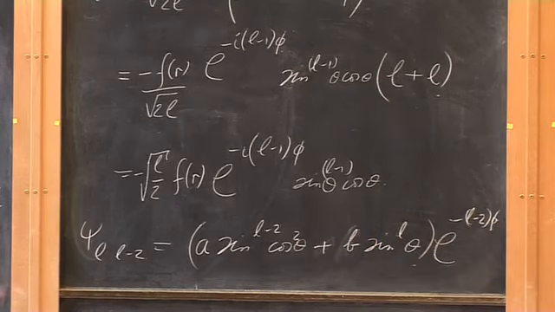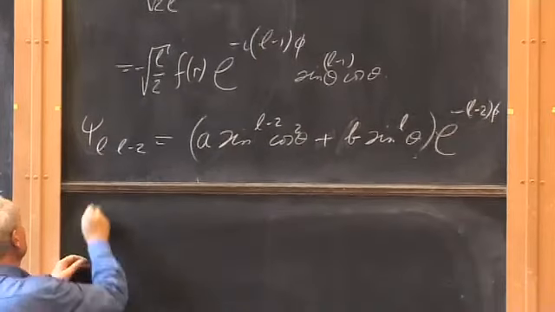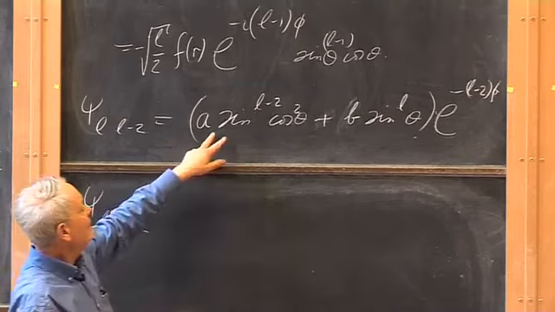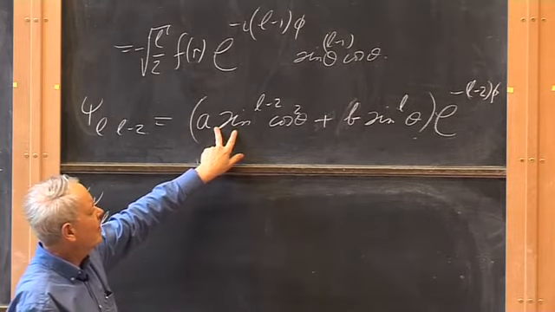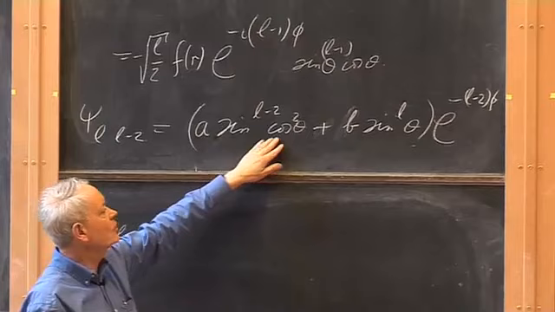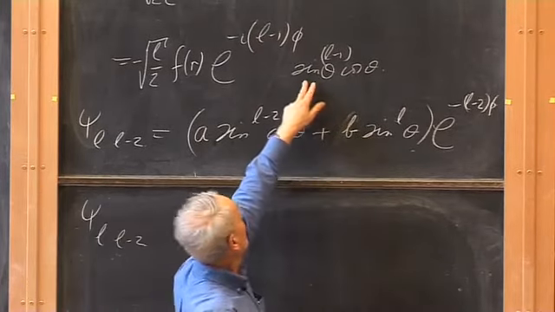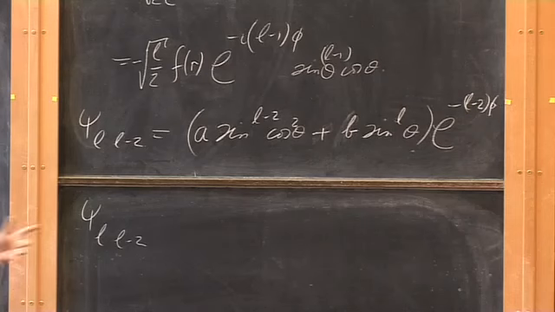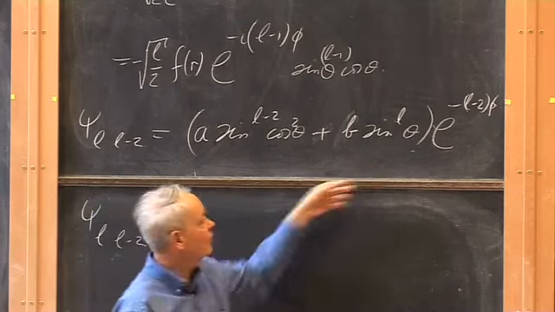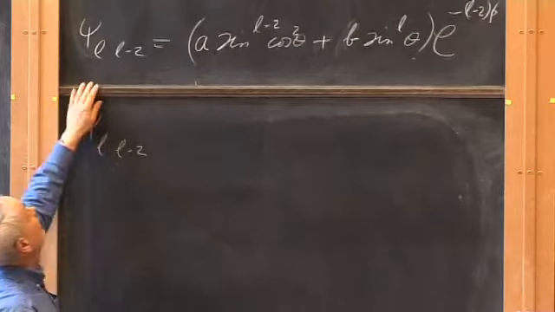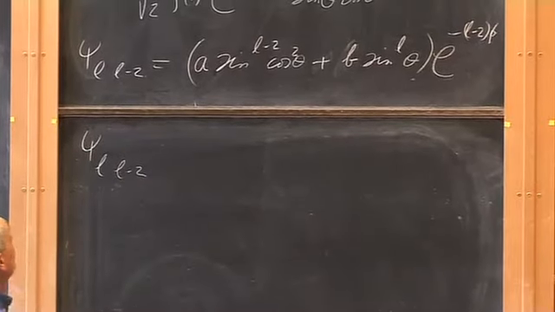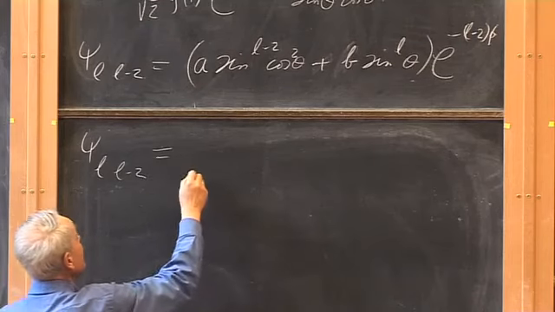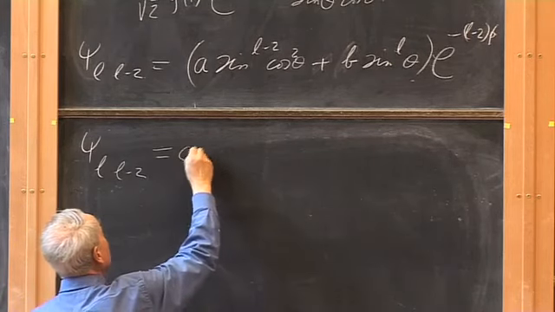And when we differentiate this again, in order to get psi L minus 2, it'll get more Byzantine, because this will generate an L sine to the L minus 3 times cos cubed. This will get back what we had here and so on and so forth. You get more terms. You get a longer thing coming in front of the exponential. So what do these things actually turn out to be? It turns out that this is a normalizing constant